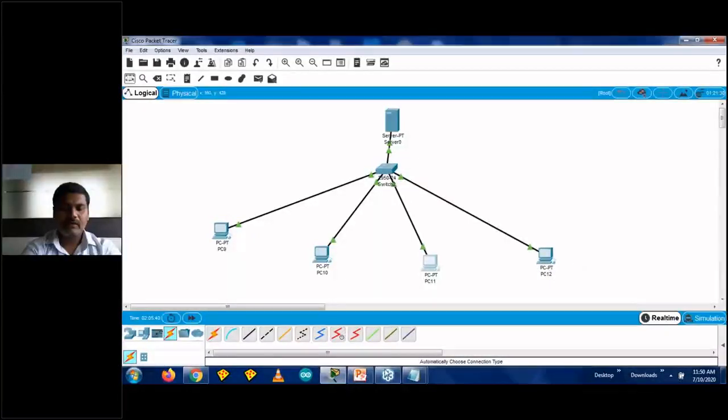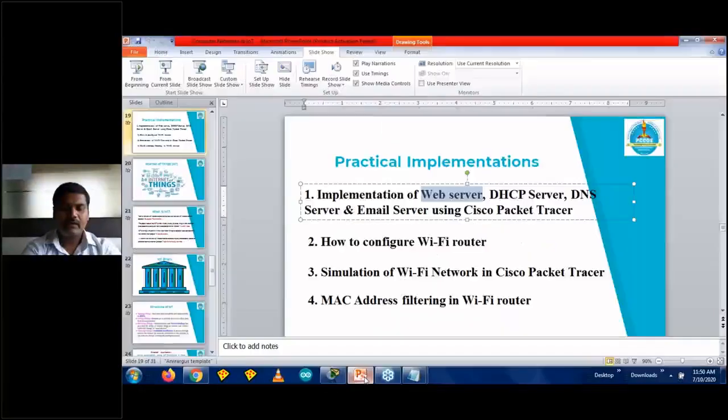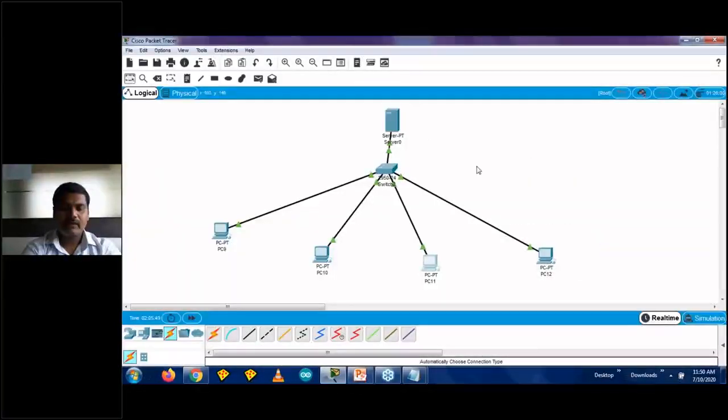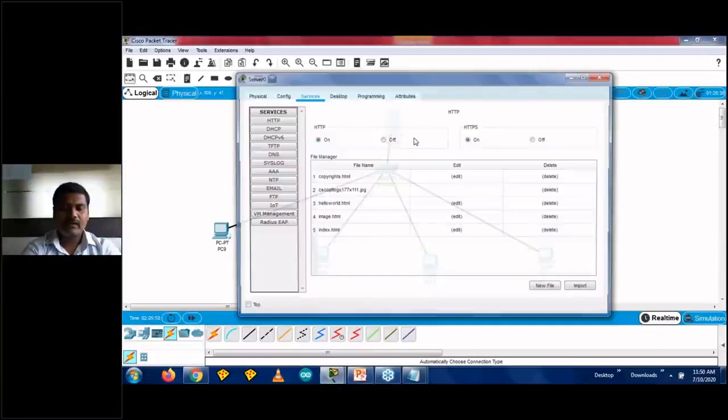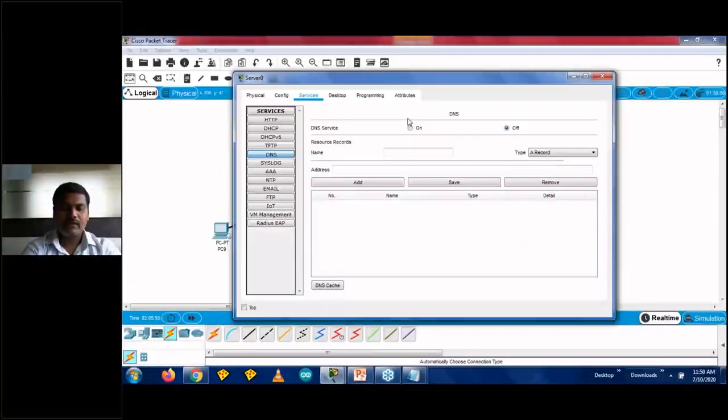Now the third one is a DNS server. I cannot remember the IP address of a server every time, so how can I remember it by name? Under the services you have the third option, DNS. Simply click on it. You need to start this DNS server option, and here you need to provide, suppose